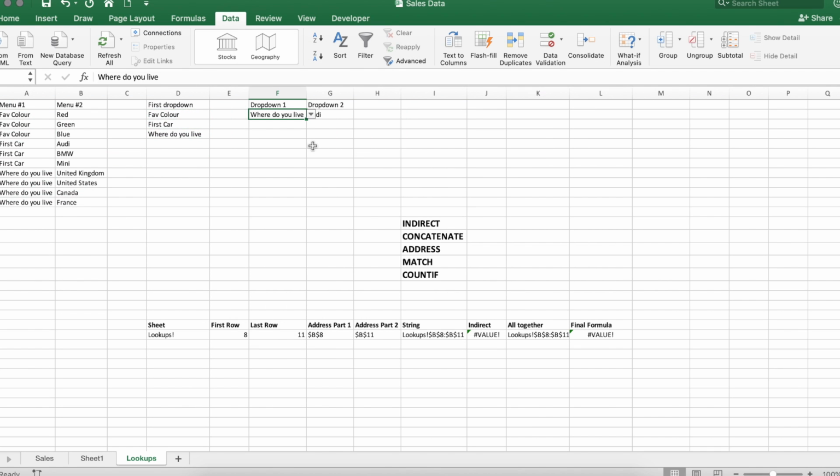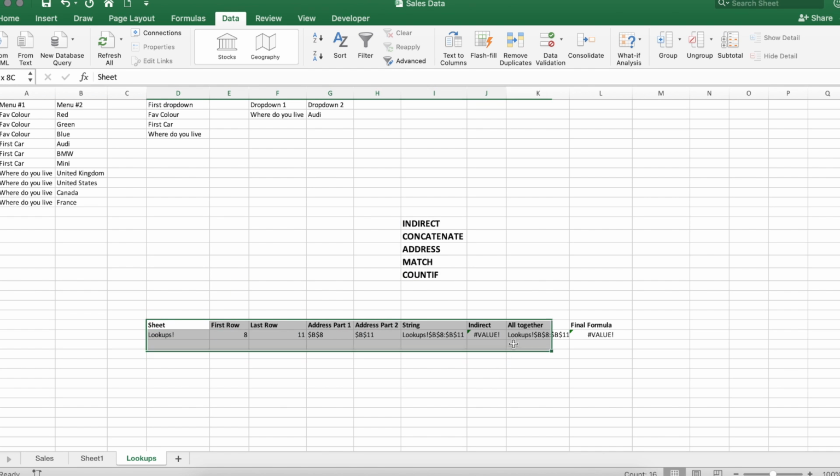Okay. This then gives you a starting point, which means this lookup has to refer to your selection within your first drop-down menu. Okay. This formula consists of these 5 functions, and to start with, I've just written it all out at the bottom here,